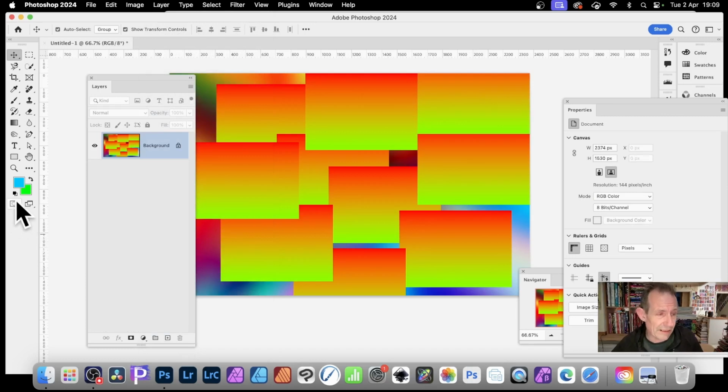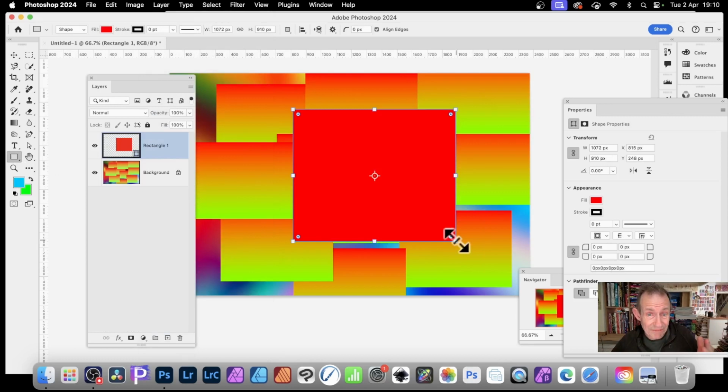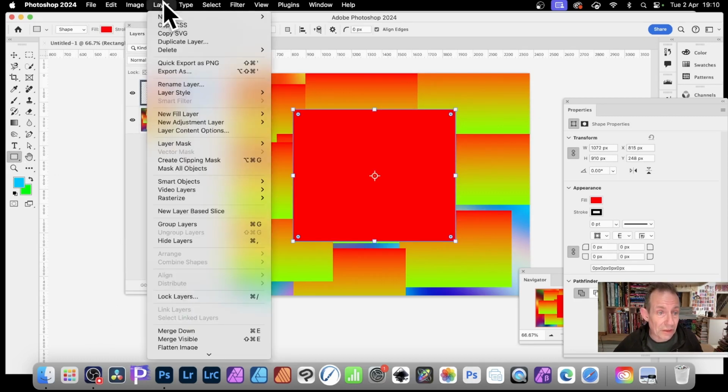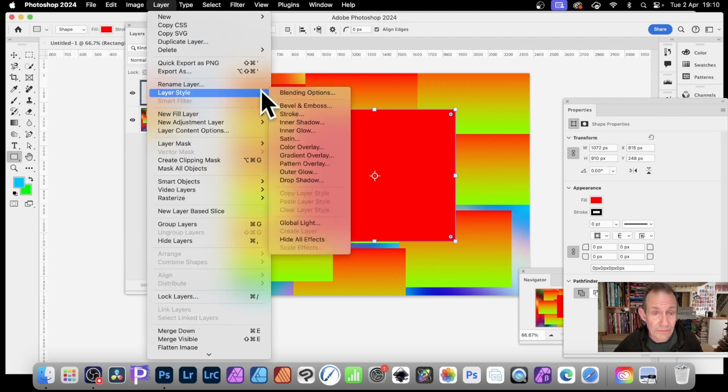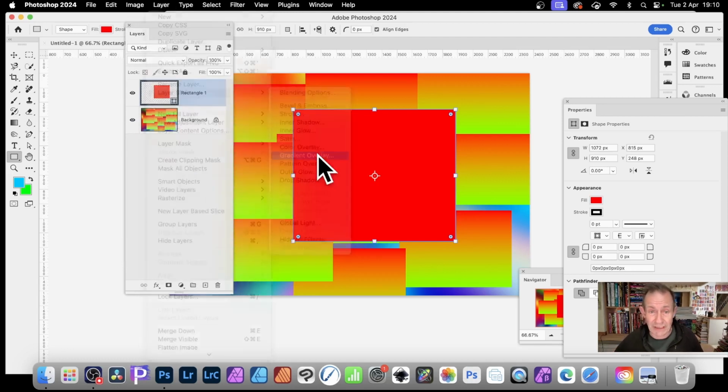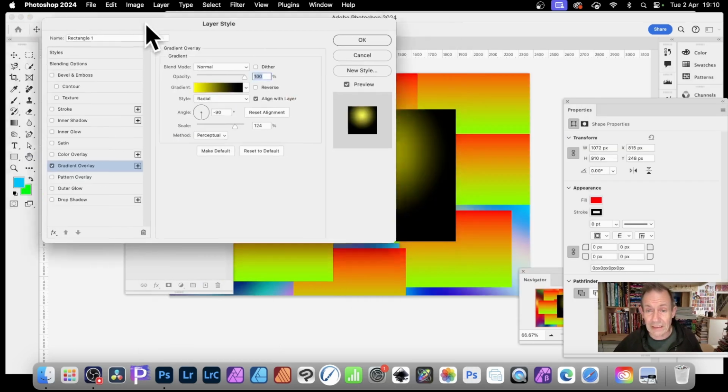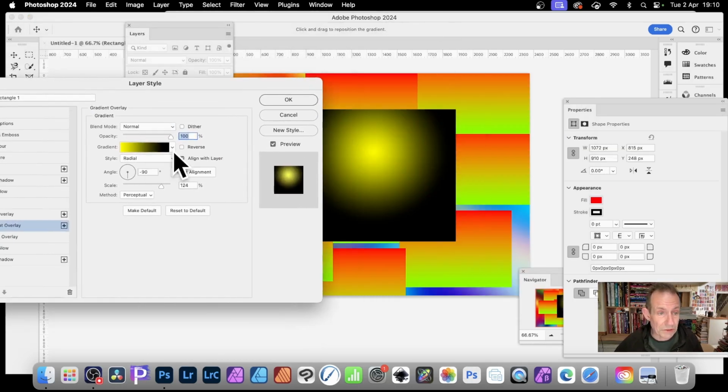Also, you can apply gradients with shapes. Again, select the shape there, or any layer, doesn't matter. But the key thing is you can go to layer style. So layer and layer style, and you've got gradient overlay. So that's another way of applying gradient. So gradient overlay, and you can see you've got your gradient there. And you've got all your options here for exactly the same as before. You've got normal blending modes, opacity, you can change that, reduce that. You've also got radial, angle,